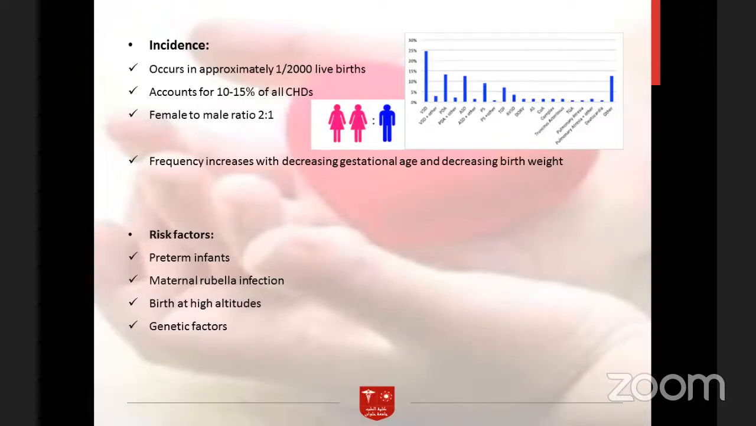The frequency of PDA increases with decreasing gestational age and birth weight, and that's why preterm delivery is one of the most important risk factors of PDA. Other risk factors include maternal rubella infection, birth at high altitudes due to low oxygen content, and some genetic factors and congenital anomalies. Regarding the natural history,